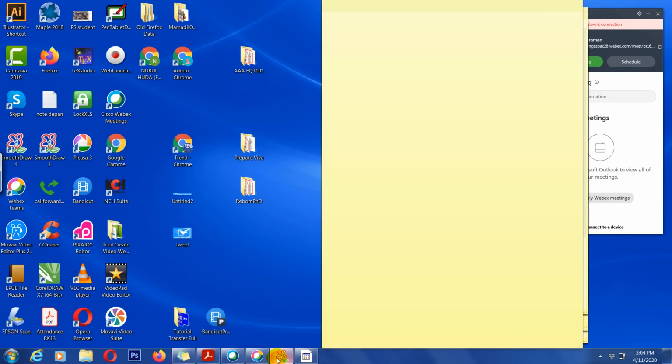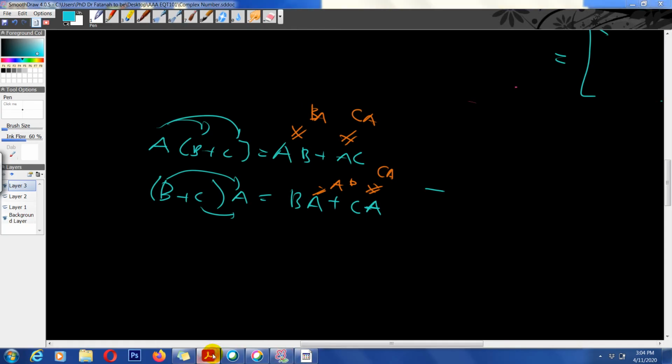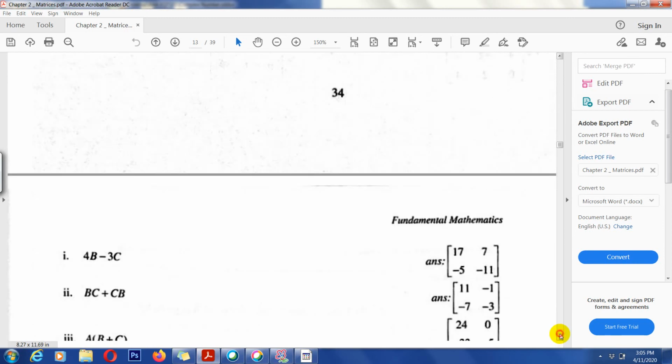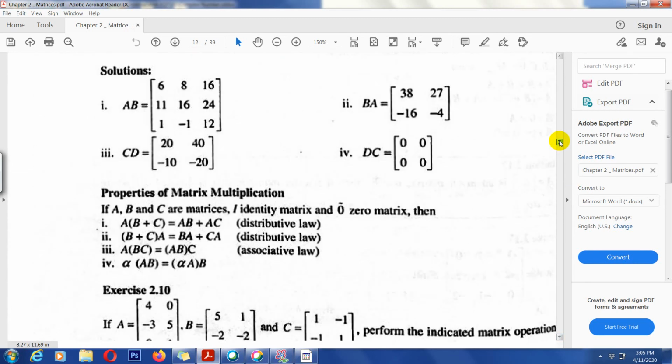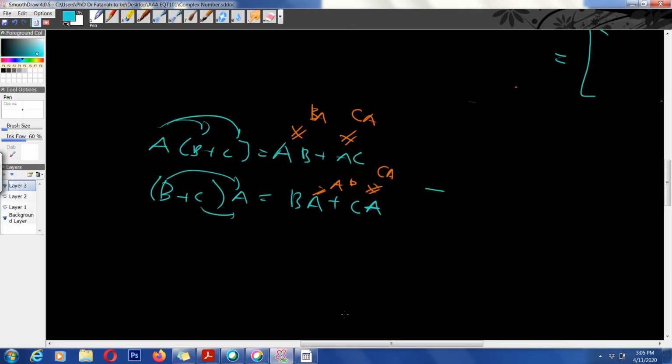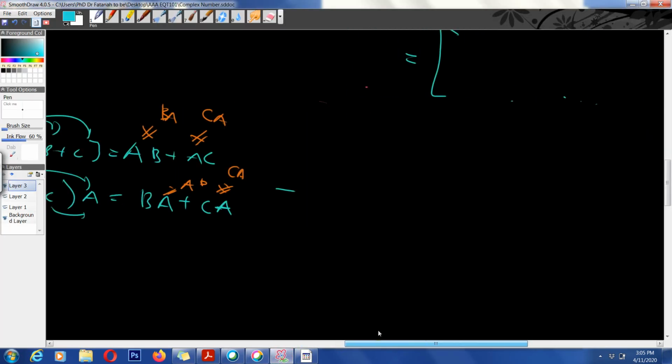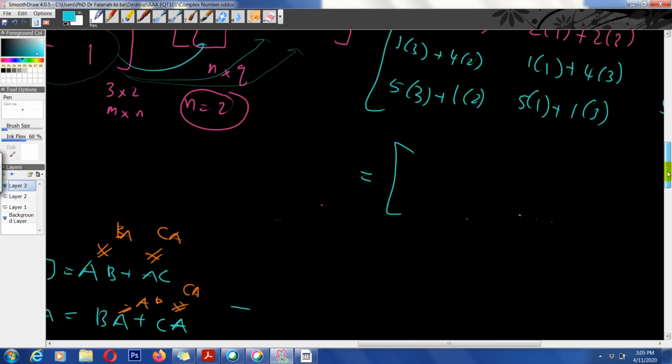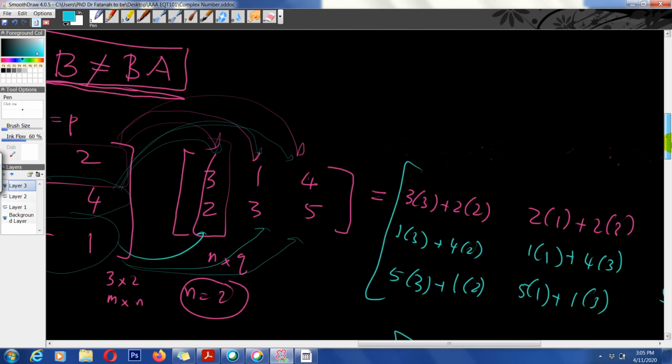That is properties of multiplication. You can try this at home, but I want to give the process. What is the process? The main rule and the main process for matrices is multiplication. It's quite difficult, so you need to master how to multiply. I have another example.